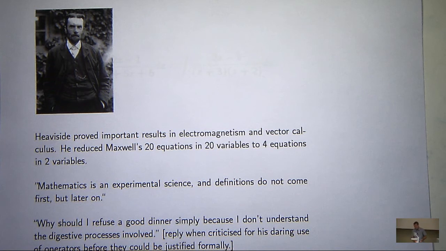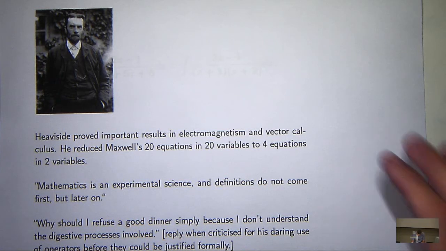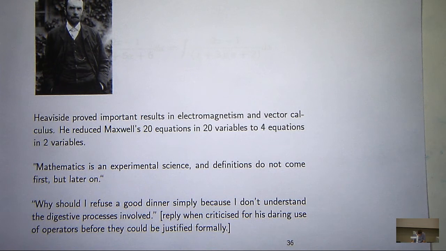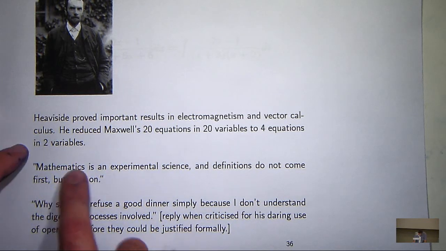You might have heard of Maxwell's equations on electricity and magnetism. If not, you may see them during university study. Maxwell's equations were originally 20 equations in 20 variables. That's not very friendly. So Heaviside came along and boiled them down to 4 equations in 2 variables that are still more or less